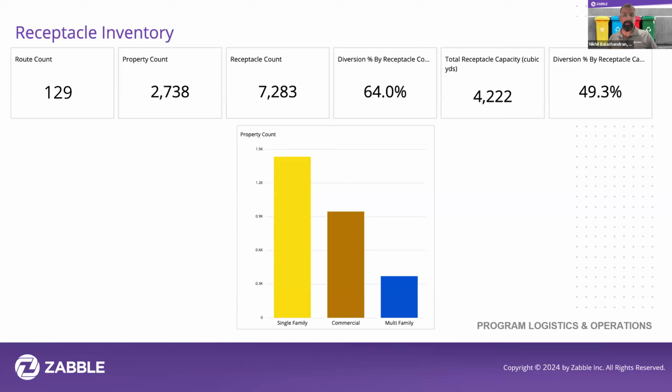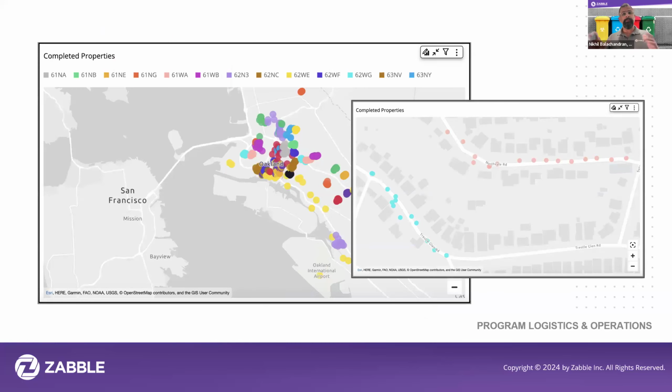And if you're a single hauler jurisdiction, then you can upload the data yourself from the web platform, and then the accounts automatically get geocoded and appear in the mobile app. And you can see the inventory capacity, the information that's being shown here. So almost 7,300 bins were audited or inspected in over 2,700 properties, and you can see the breakdown of the properties. Next slide. And you can also see it on a map.